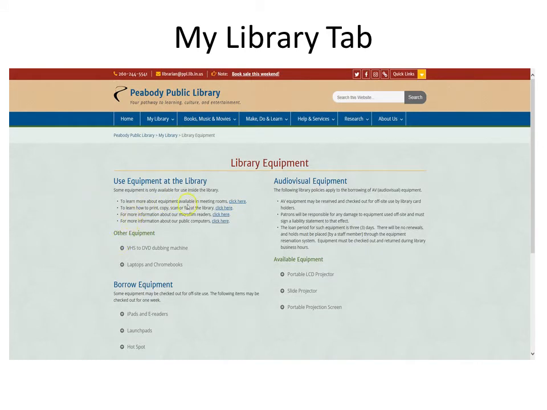You can always learn more about the equipment available in the meeting rooms. You can learn about that print, copy, scan feature at the library, which we're going to talk more about later. We also have microfilm readers that you would be able to use. And if you weren't aware of that,